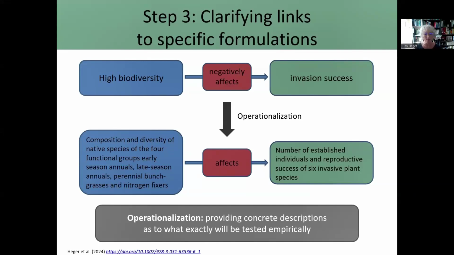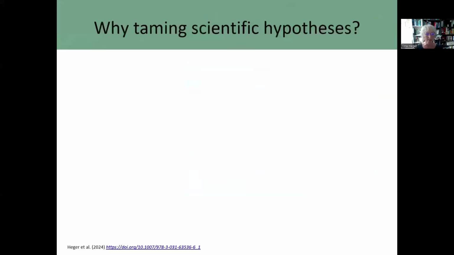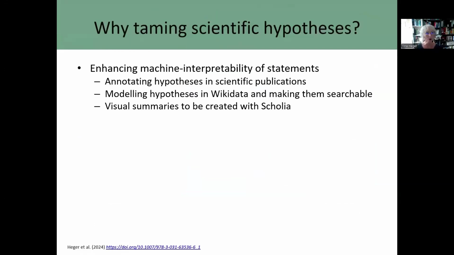So to sum up, three ways how a specific claim can be linked to a general one. First, decomposition. Second, specialization. And the third one here, operationalization. So why do we think all this is relevant? I think to the audience of the symposium, it's probably quite obvious that taking these steps towards formalization are helpful in terms of enhancing machine interpretability of statements and thus enhancing interoperability, because it now becomes possible to annotate hypotheses